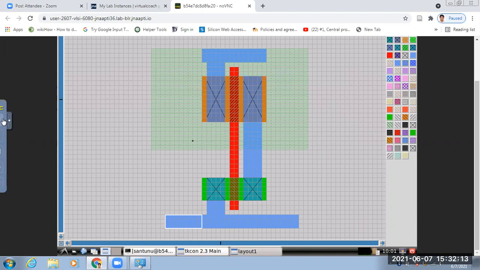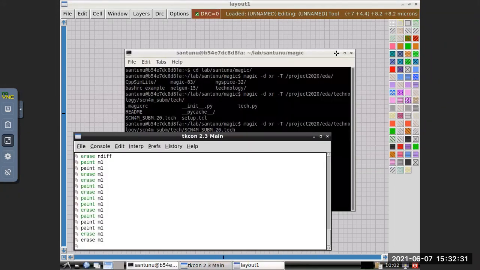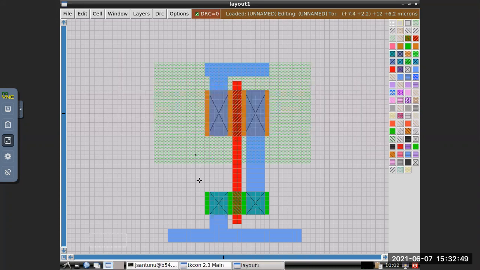My side is completely slow. Don't know why. Wait, it's very slow.